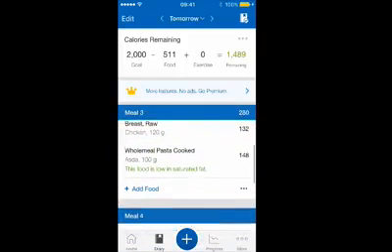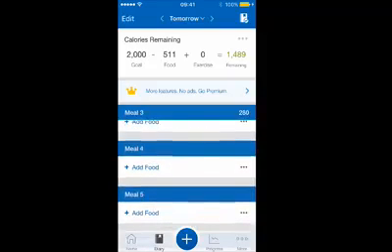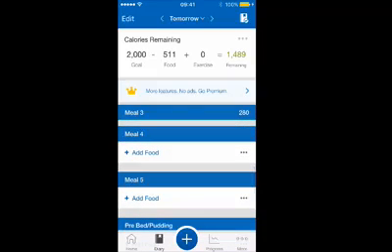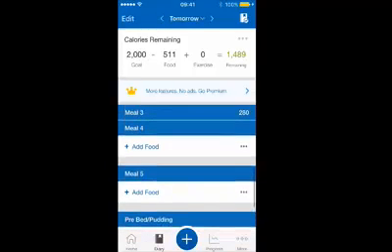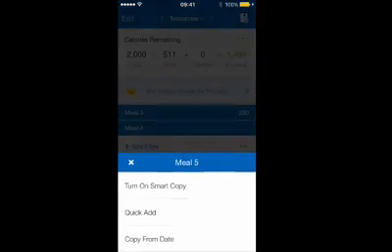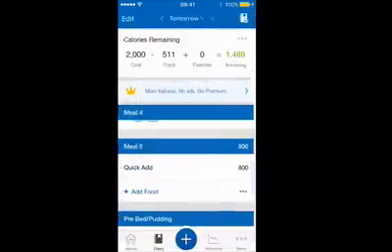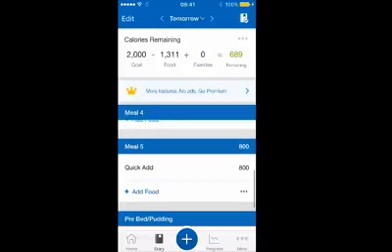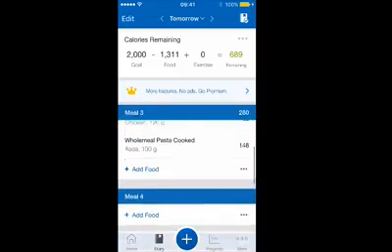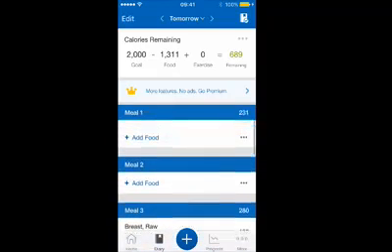Now another good method to use is also your quick add. So for example, if I'm going to go out for dinner and I don't really know how many calories are in my meal, but I want to reserve some calories just in case, I can press this little 3 dot here and I can quick add some food. So if I was going out for a meal, I might say that I reserve 800 calories just to be safe, because I want to have a meal, a drink and a pudding. So I'm going to reserve that, and that's now taken up 800 calories. So I now know that I've only got 689 calories to eat before I go out for dinner, so I